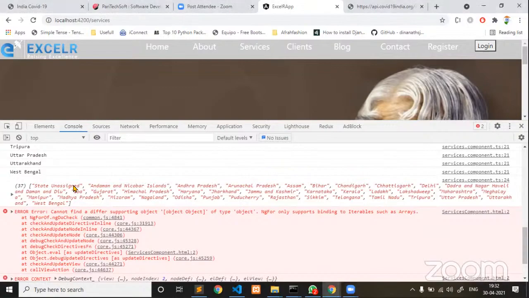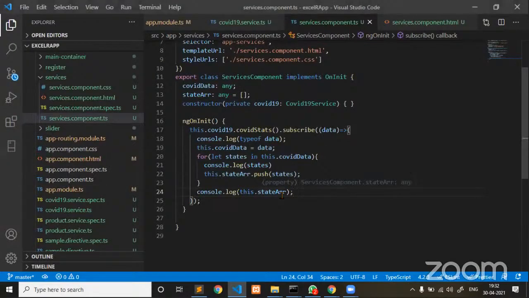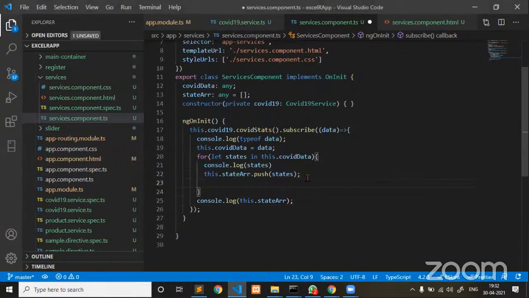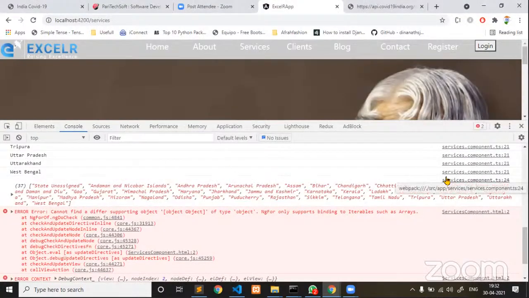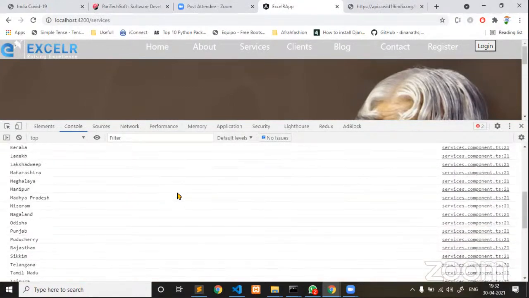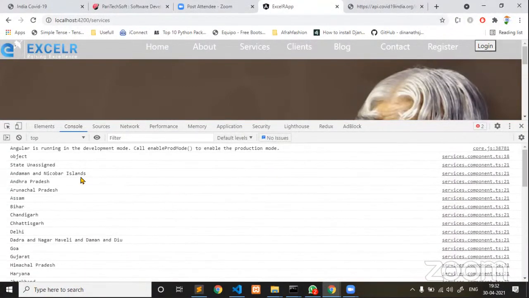So now guys, listen carefully. We should also collect an object. Now here, what I'm doing is states in this.covidData. So at line number 21, West Bengal, it is printing each one of them. Let me check what the parent object is. Now the parent object,